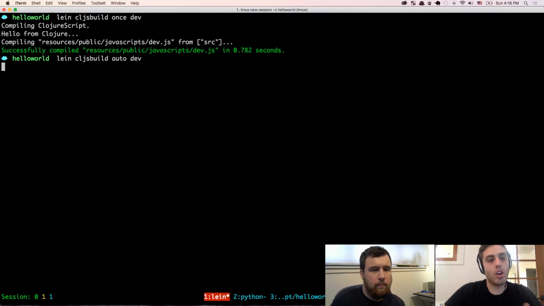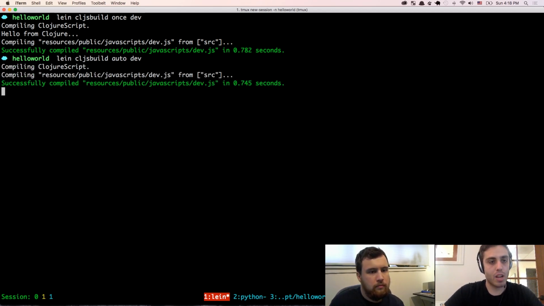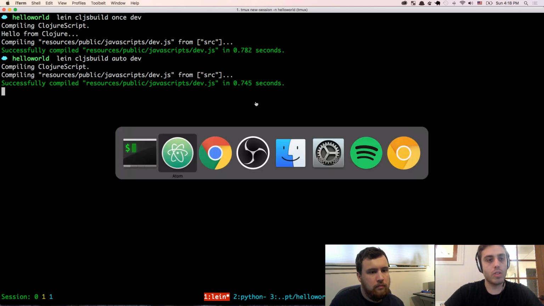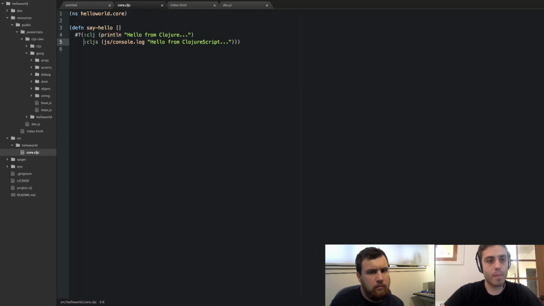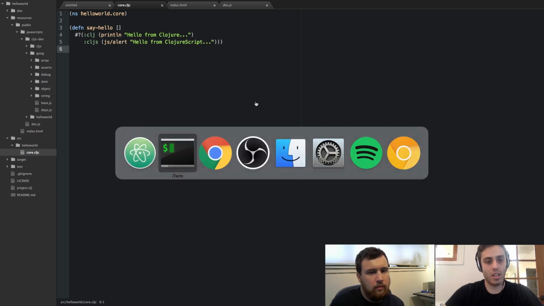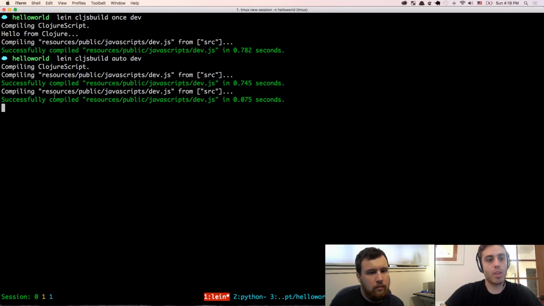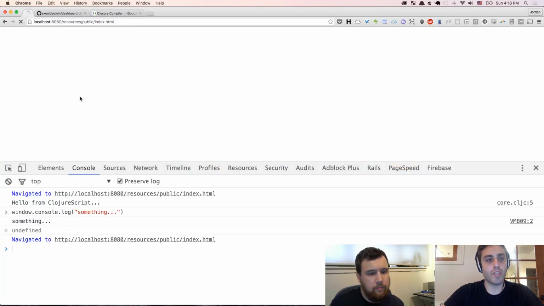And this will just watch for changes basically. So we can show an example. So it's waiting for dev.js. Instead of js/console.log, let's do js/alert. I'll save it. We'll see this automatically recompiled it. And now if I refresh the page,